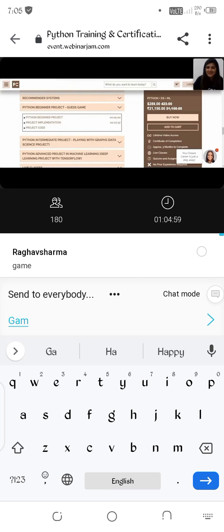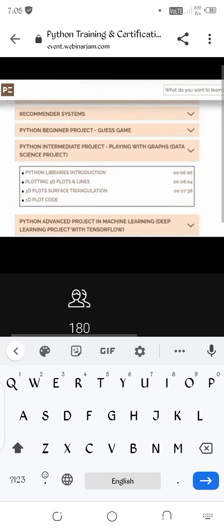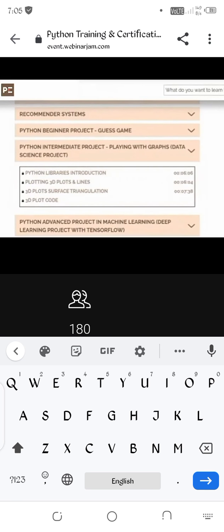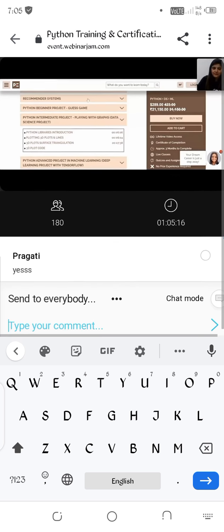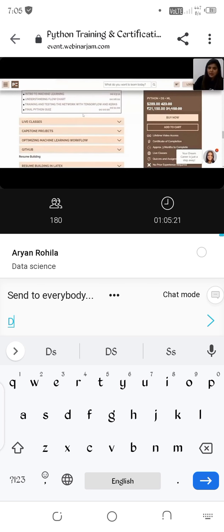Type game. Okay, great. Then we'll go to the next project, which is a data science project. Currently we saw how to plot a 2D graph, right? We'll see how to plot a 3D graph. So how many of you are interested in data science? Type data science. Perfect. Then we'll go to the deep learning project, very important, we'll use tensor